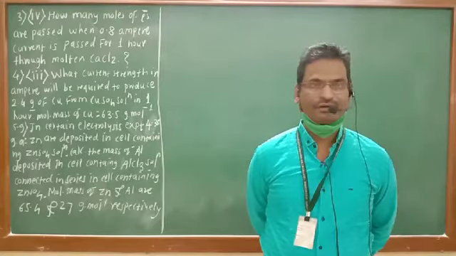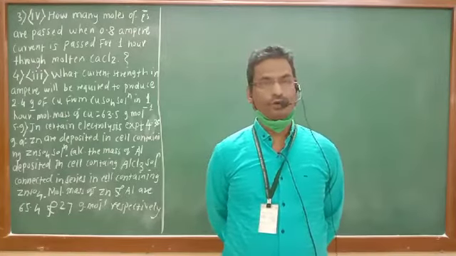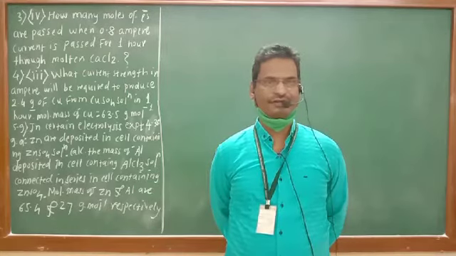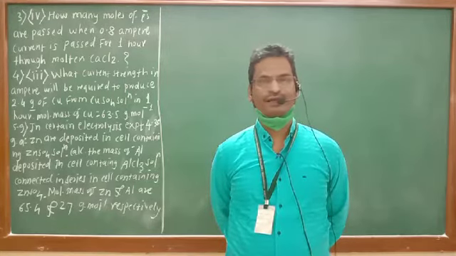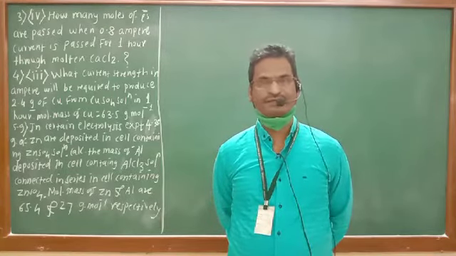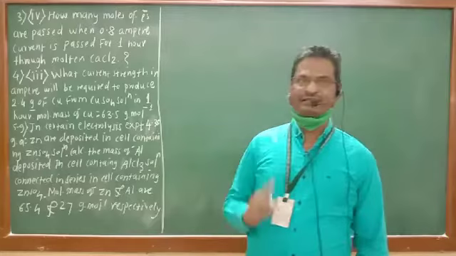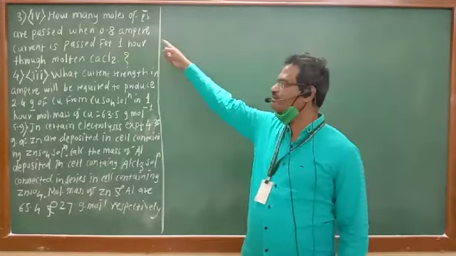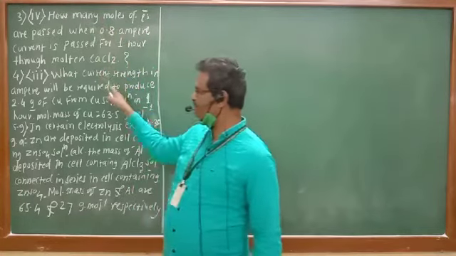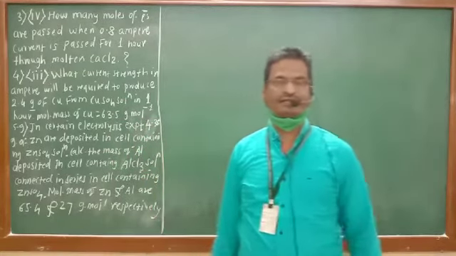And there we have seen the quantity of electricity, Coulomb, Faraday, which are the units of charge. They are the units of electricity. And we have seen the moles of electrons, moles of substance, and finally the mass of the substance deposited. In this lecture, we are supposed to complete these three problems. This is the first problem, second and third problem. These three problems we are supposed to complete in this lecture.